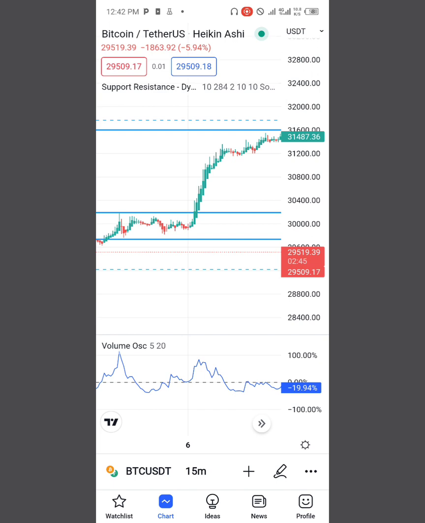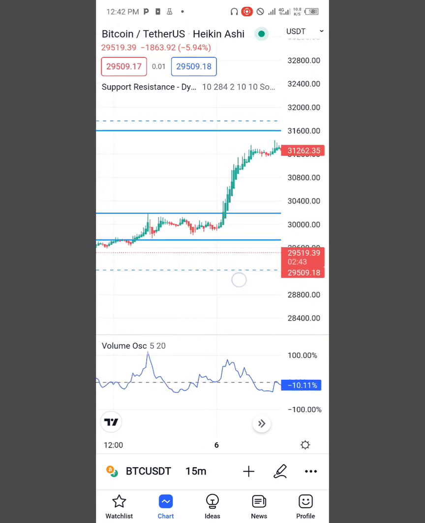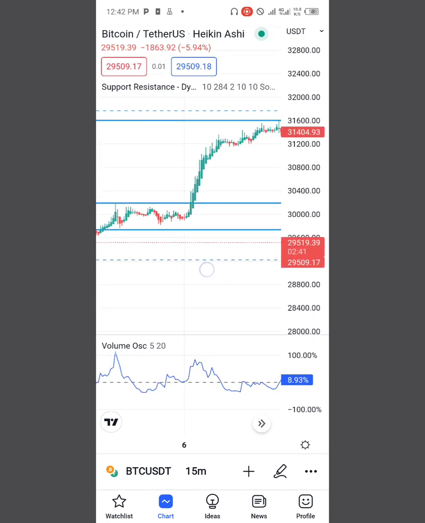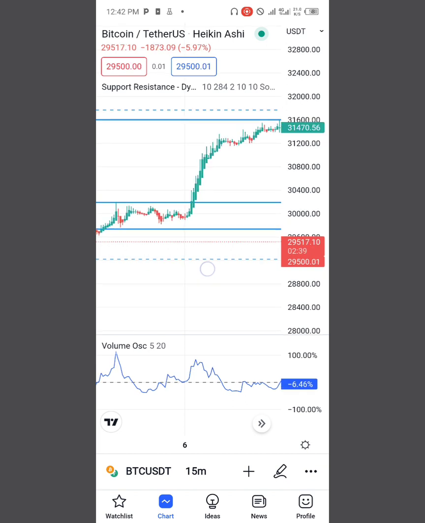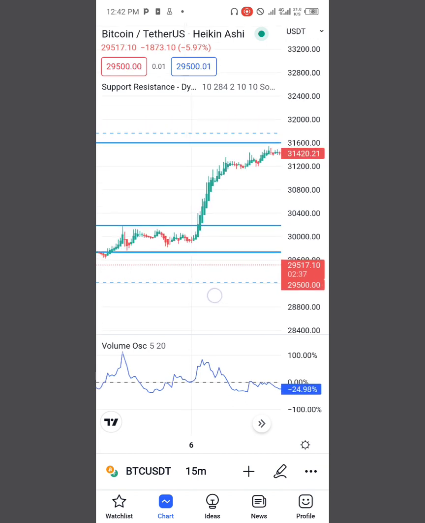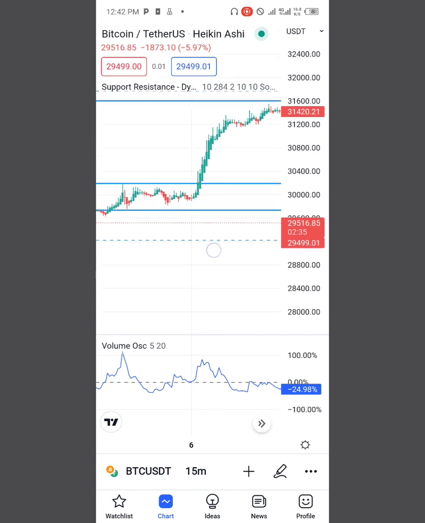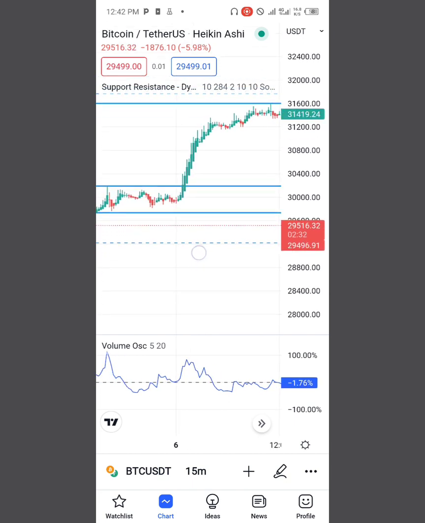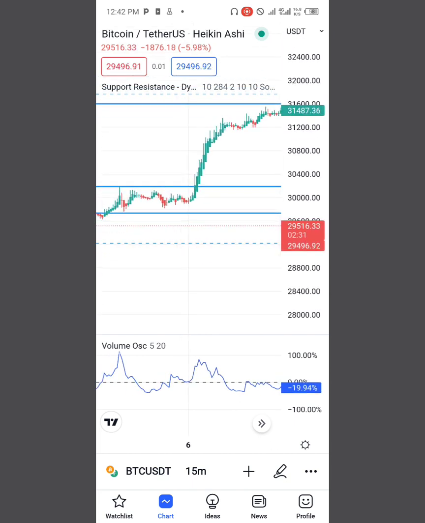Right about now, I'm going to show you how to get these two indicators on your TradingView. On the free plan, you can actually get the support and resistance dynamics. You can also get the volume oscillator. If you want to get these indicator setups on your TradingView, simply click on the indicator